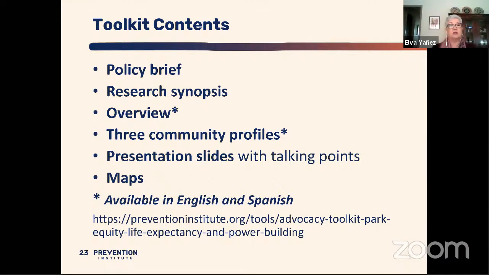The toolkit includes a tip sheet that provides descriptions of the various documents and then suggestions for how you might use them from an advocacy perspective. The toolkit includes life expectancy and park access research report and policy brief, an overview that summarizes these two documents,